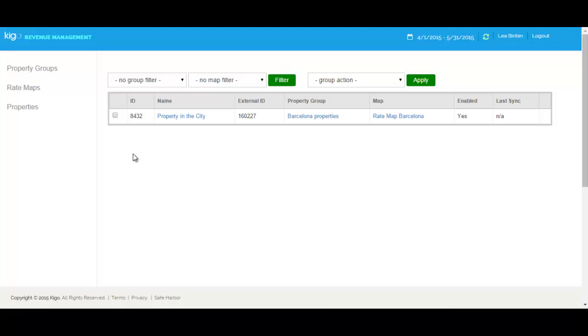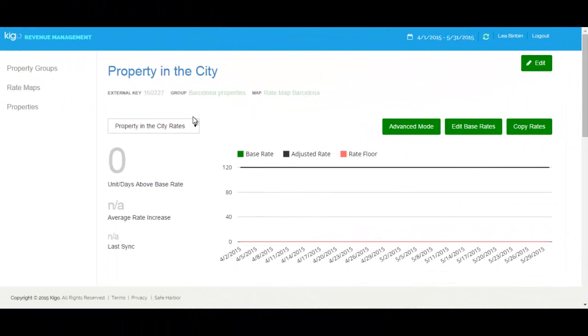Now let me show you some other features you can use in your new system. First of all, click on the name of your property here. From here you can see useful statistics for your current property. You can see the base rate, the adjusted rate, and the rate floor that you can establish. A rate floor is indicating the revenue management system a minimum price for it to never go lower than this